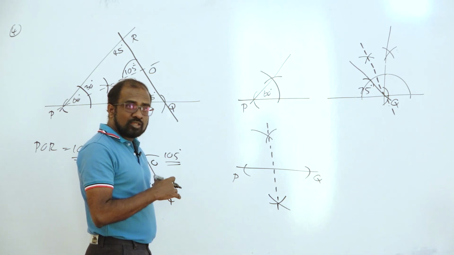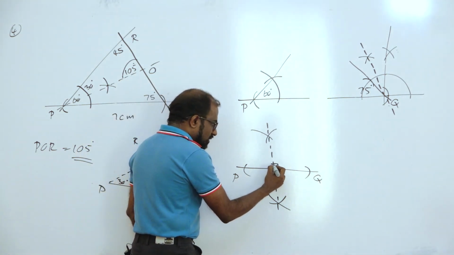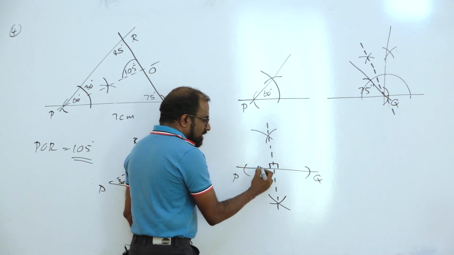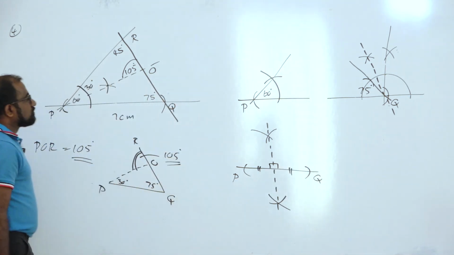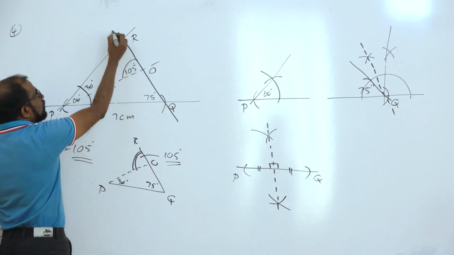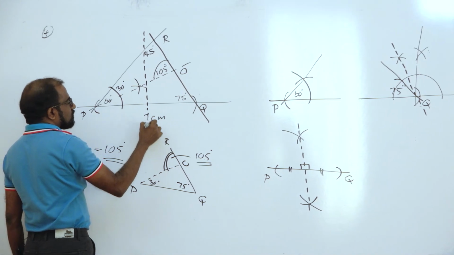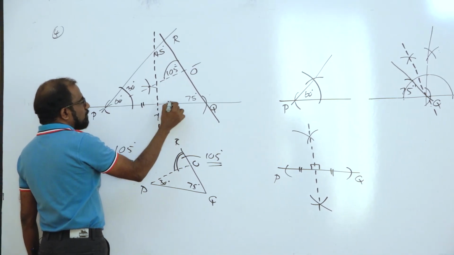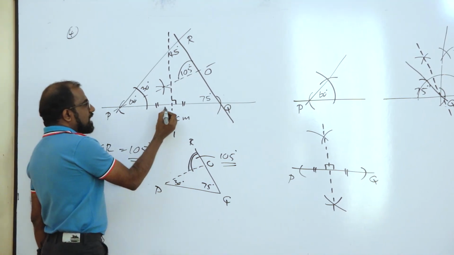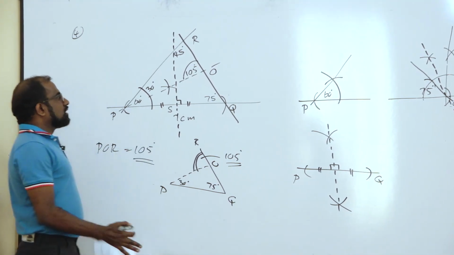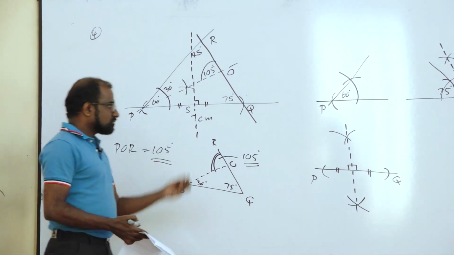How do we show it? Perpendicular means right angles. Bisector means these two parts are equal. That is what happens here too. Understand? This is the perpendicular bisector of PQ. The intersection point should be marked as S. Right. So